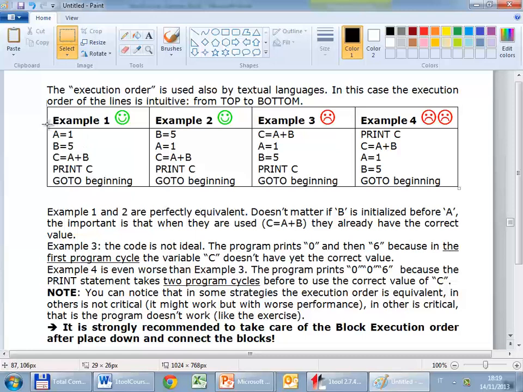Let's imagine we have a simple textual program, like this. I initialize two variables and then make the addition of them, the sum of them, and then print the value somehow, and then restart. Okay, I can write similar code like this: b equal 5, a equal 1, c is the addition, and so on. So is there a difference between these two strategies or not? Okay, no difference. For this reason, there is the smile,